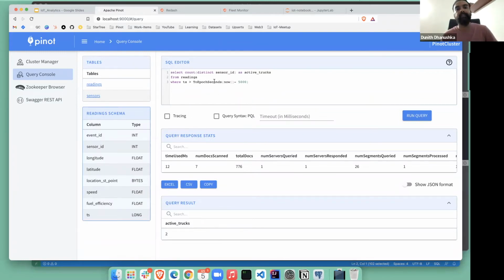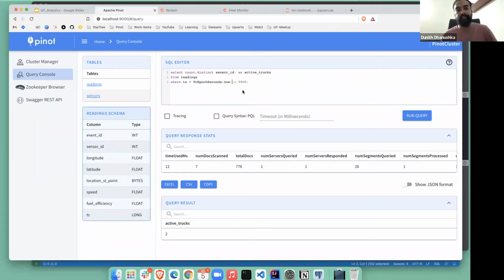If I break down this query, there's a time series filtering happening here. This function is built into Pinot. It converts this argument, which should be in epoch milliseconds. It returns the current time in epoch milliseconds.